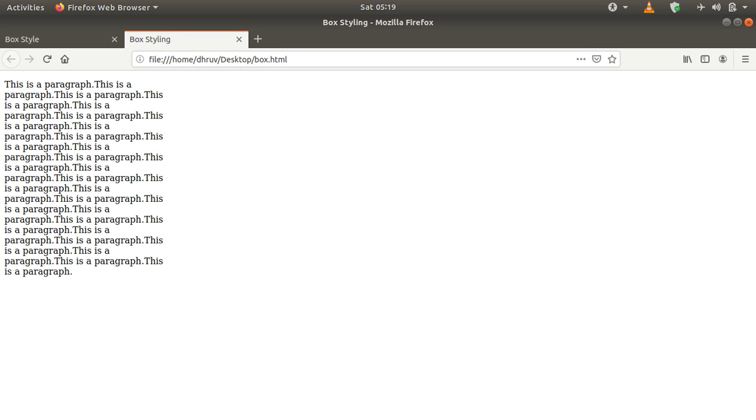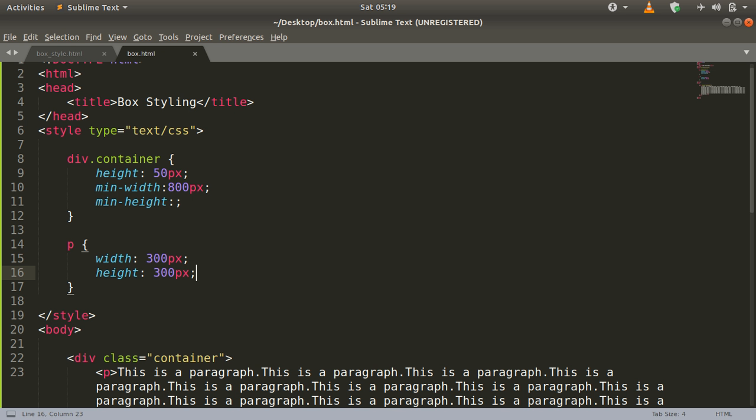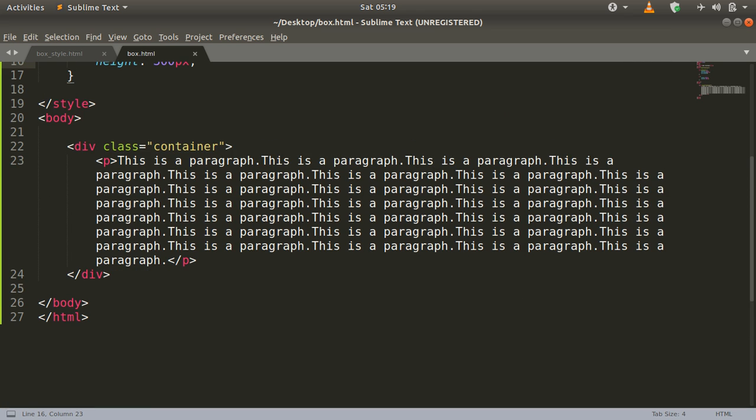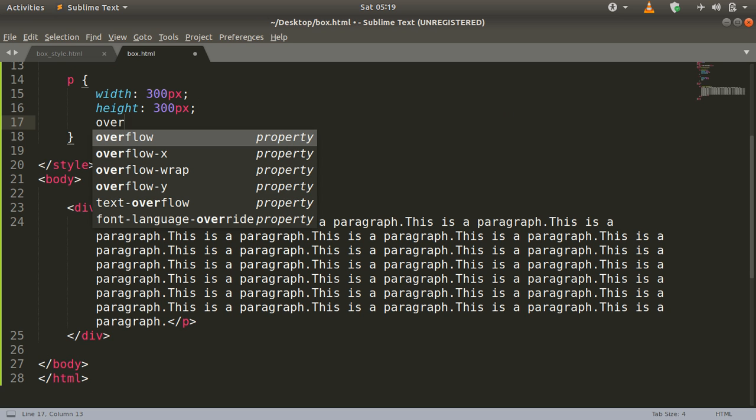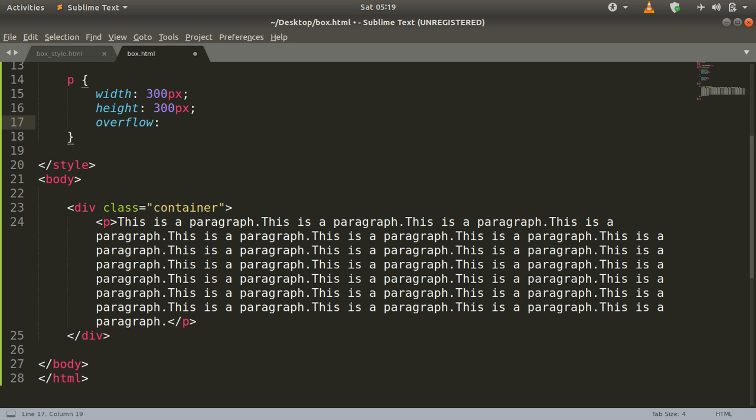So now you can see that the entire paragraph is contained in this small amount of space. Now what we can do is add the overflow property. It can take two values, either hidden or scroll.